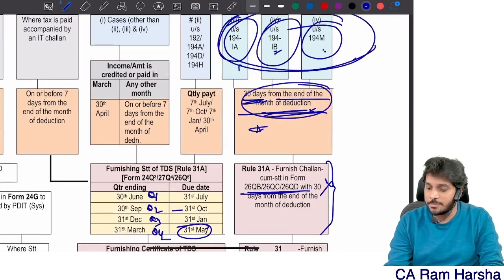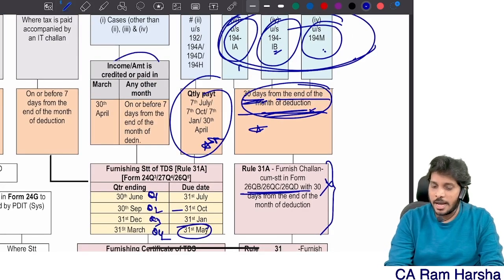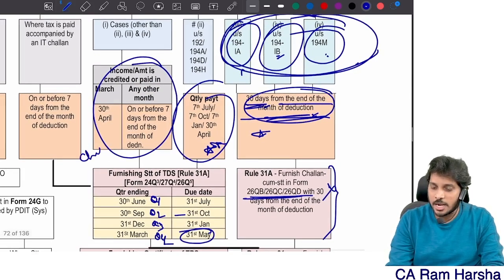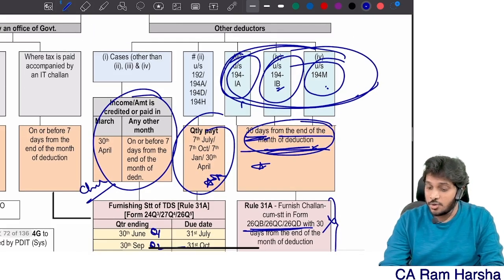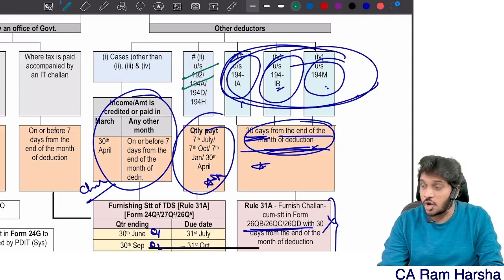This due date is important. And this due date. This is the challan remittance due date. And you know, for some sections like salary, interest on deposits,